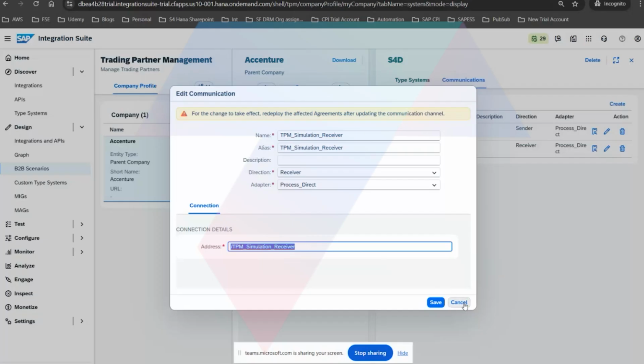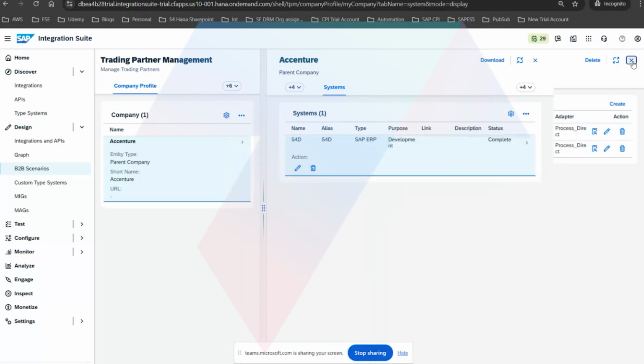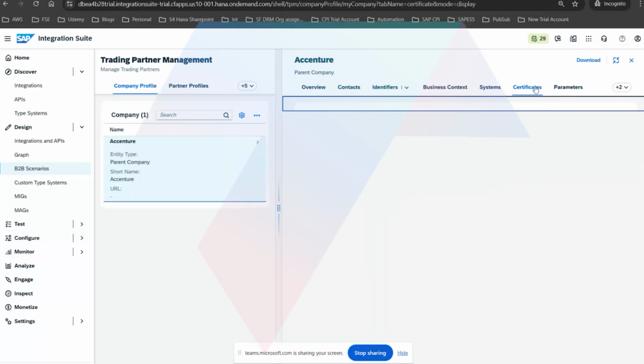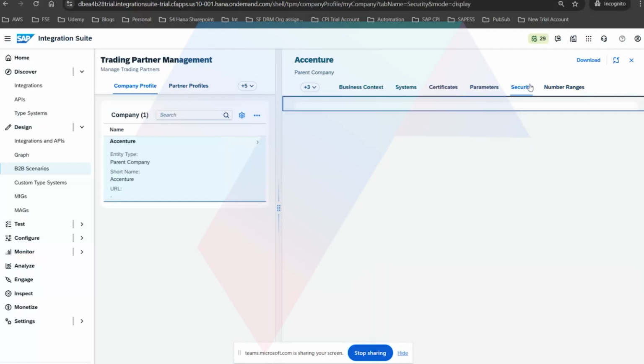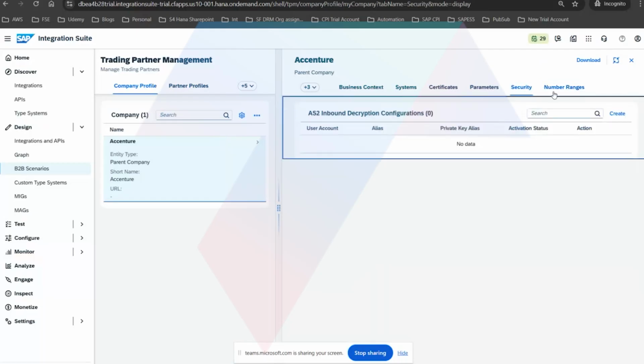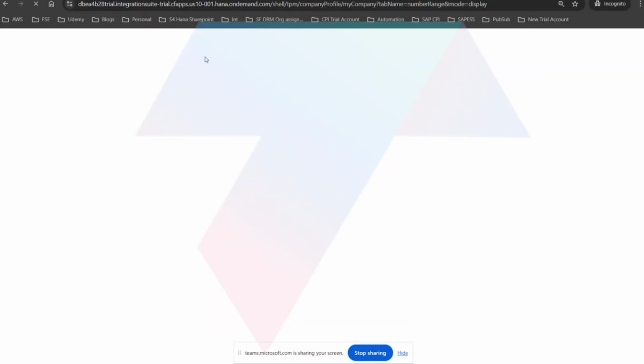I'll show you later. So in those details we will give what the sender adapter and receiver adapter are in the system, and the type of system. Certificate parameters are not mandatory. Only if you're using certificate-based authentication will we define them. And then we have something called number ranges. Okay, if you see